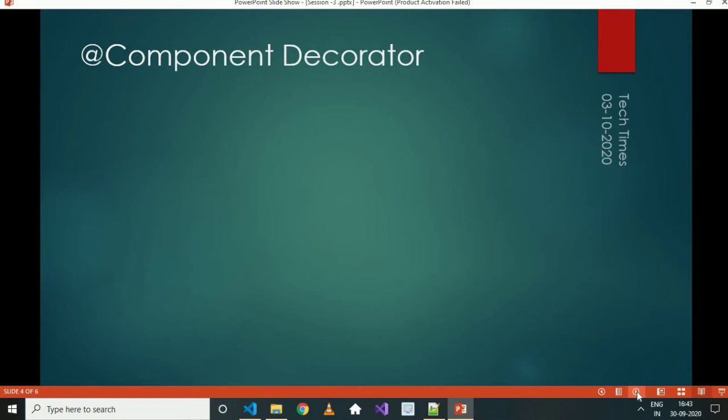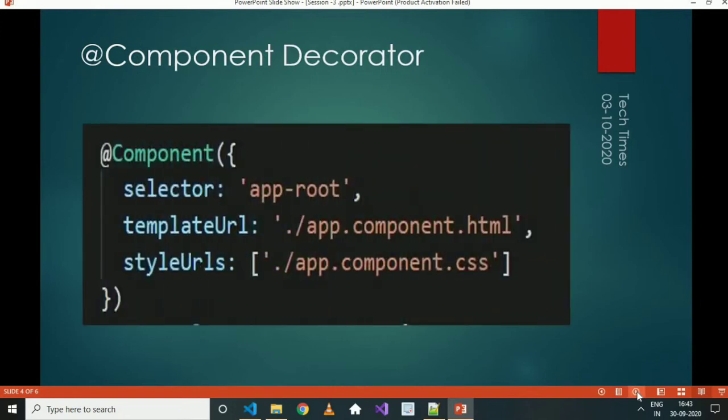This decorator helps Angular understand that a particular class is a component and has some specific configuration. We use this to define the component. Selector, as you saw in index.html, helps in recognizing which template we need to show. Next one is templateUrl. It will fetch HTML from the mentioned file. styleUrls: all style related components should be defined over here.